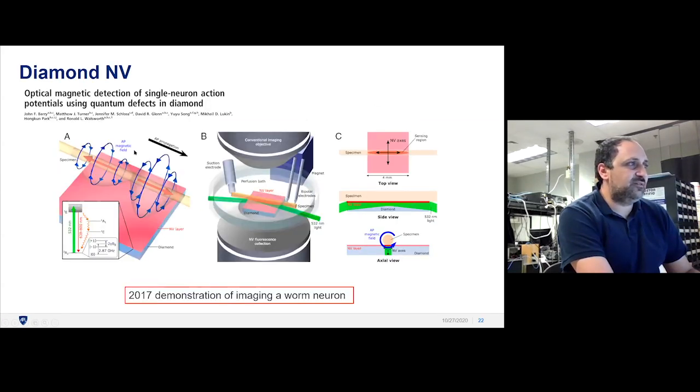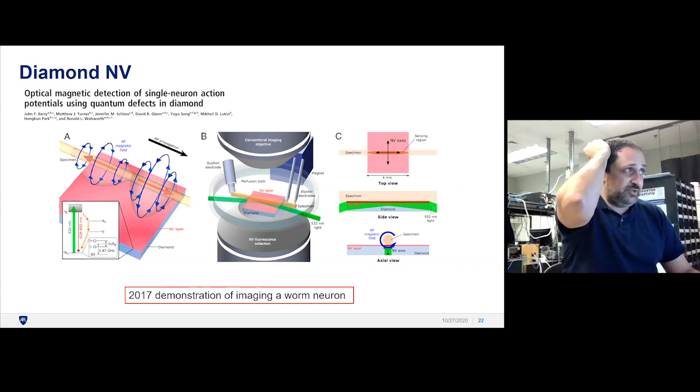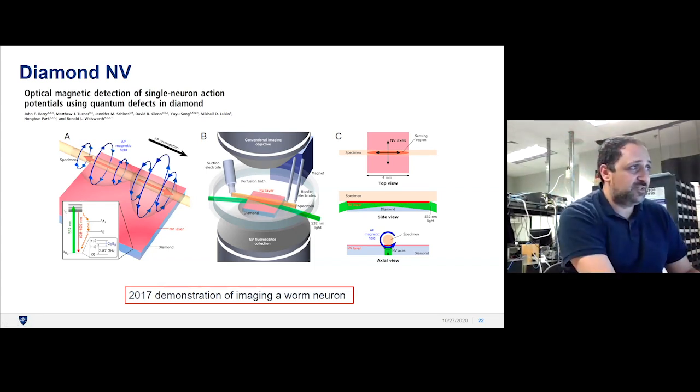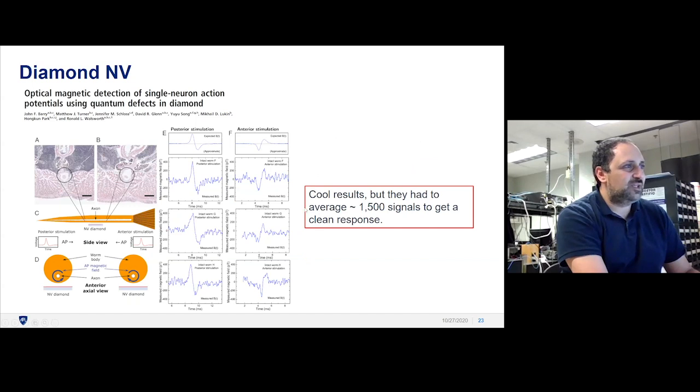And there was a nice demonstration of using that to measure the neural activity of a worm. 2017, that's when it was done. And so there you have your piece of diamond, you have your green laser light, and here they're collecting the red fluorescence, and you've got this stuff to do with the worm, and you have your big magnet. And sure enough,